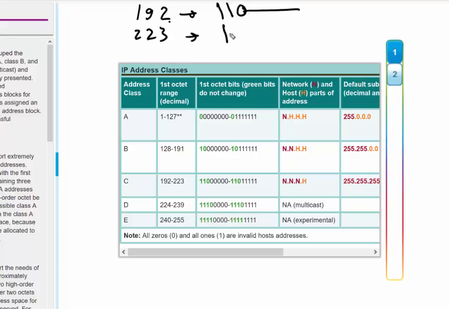If you put 110 and then 5 ones, that's actually 223. For this range of IP addresses, the subnet mask will be /24, which leaves 24 bits for network and only 8 bits for host. Class D is reserved for multicast, and it ranges from 224 all the way to 239,